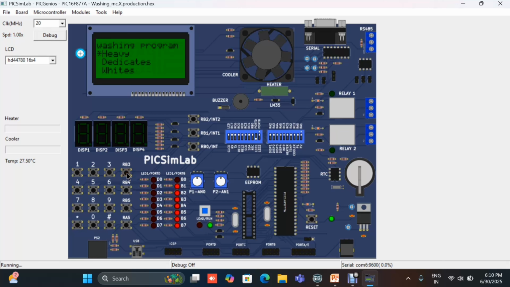So I select whites. For selection we have to long press the RB3 button. So now there is water level, which has auto, low, medium, high, max, and again auto. So I'm going to select medium. For selection we have to long press the RB3,